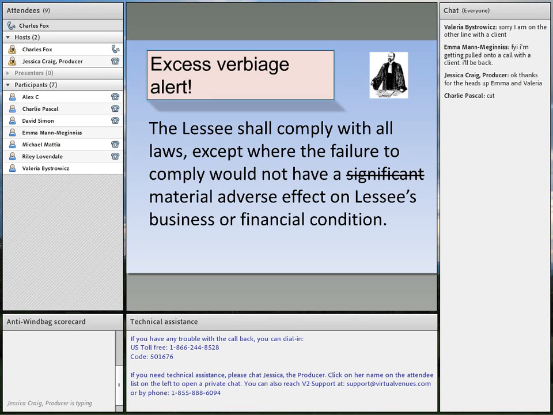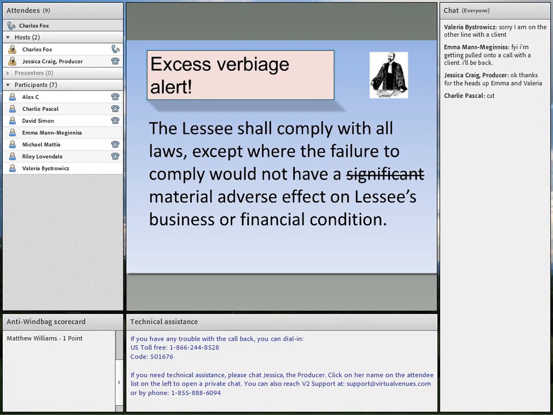Well, it doesn't seem to be defined in this case, but I think material adverse effect is a term of art that doesn't need to be qualified by significant. That is, the significance is the material adverse effect? Yeah, the word material in material adverse effect is really a synonym for significant. Significant and material both kind of cover the same concept, which is how big is it, how important is it,